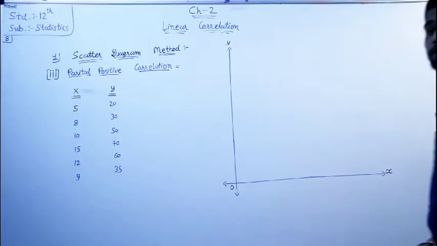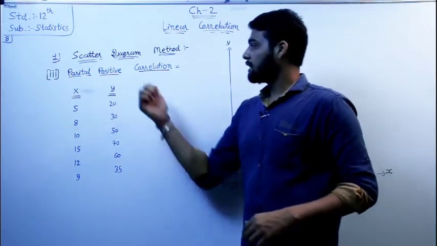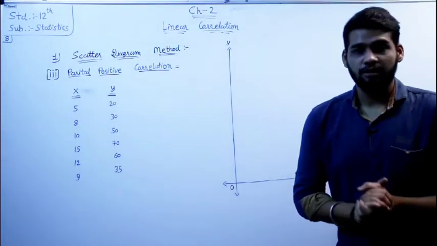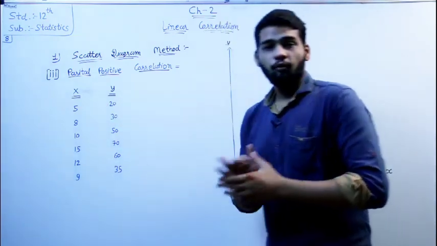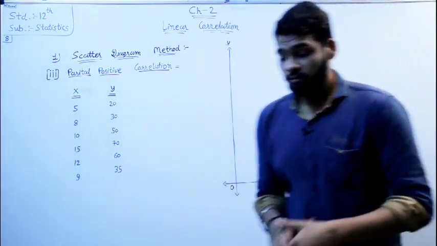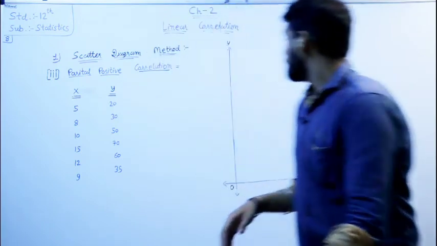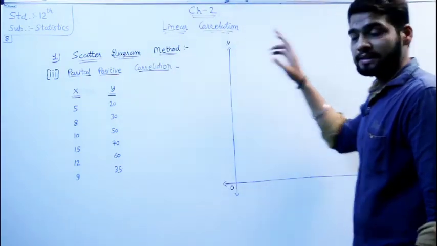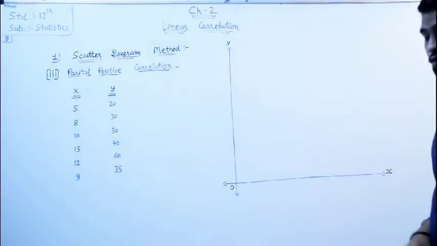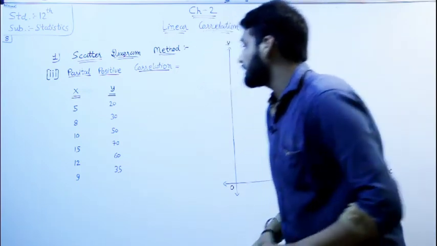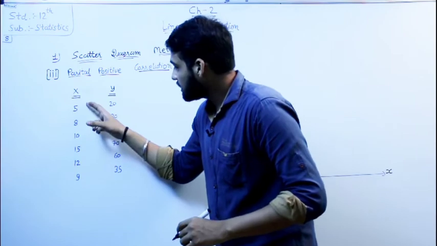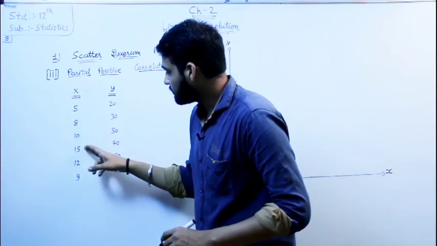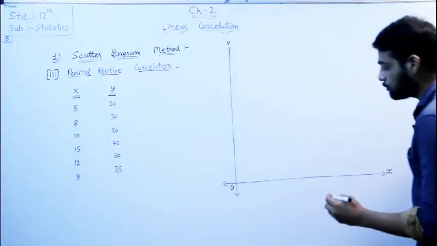Okay students, let me explain this type of partial positive correlation by an illustration. Now we have values of the x variable and y variable, so now we prepare the graph. This one is our y axis and this one is our x axis. On the x axis we take values. The minimum value of the x variable is 5 and the maximum is 15. That means we take values